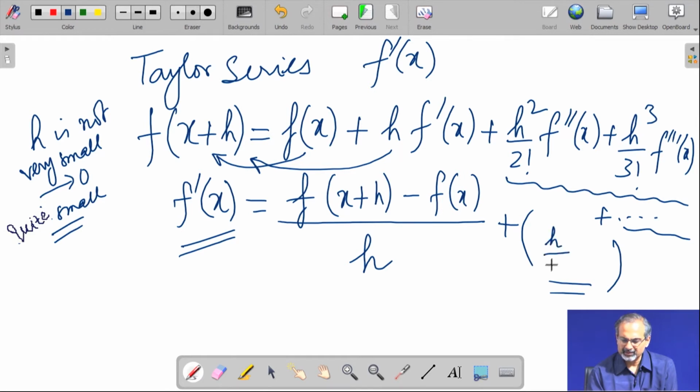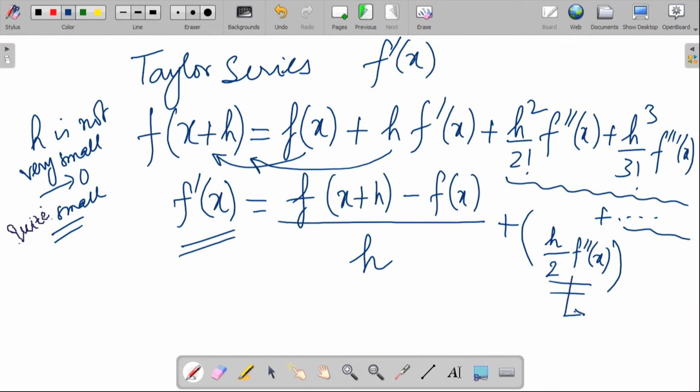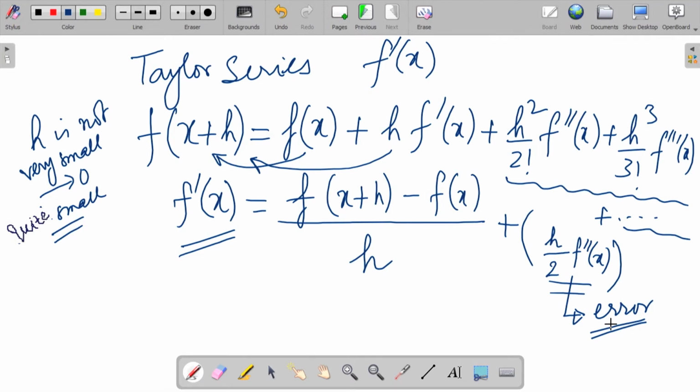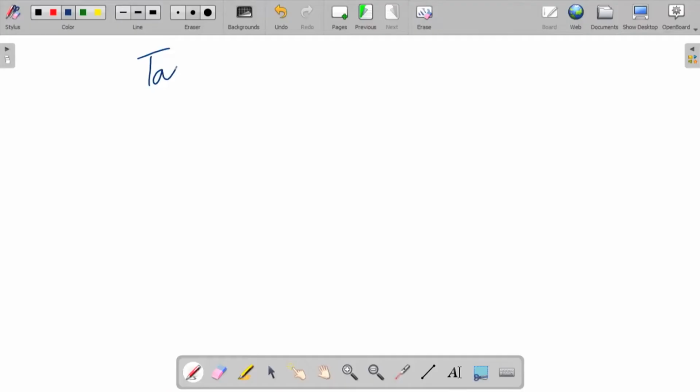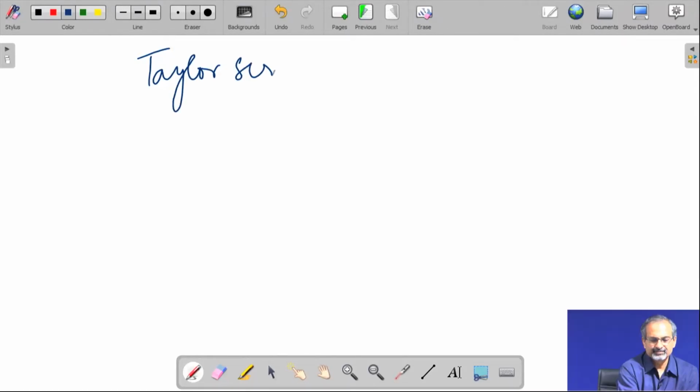To begin with, you will have a term like this, and there will be more terms coming later. So, what are these terms going to do? These are actually going to contribute to the kind of error that you are committing in order to approximate the derivative. You could have used the Taylor series to find